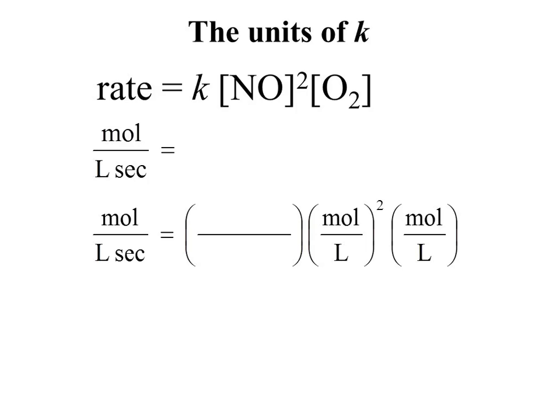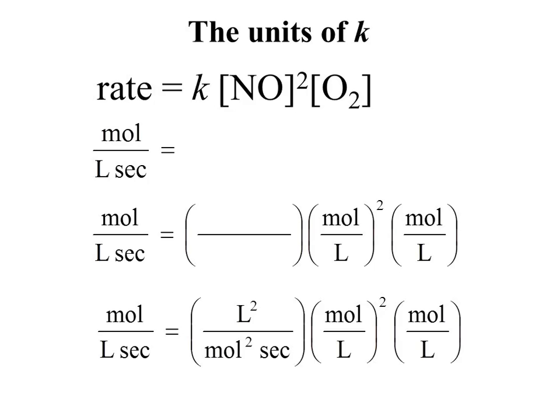So how do we get liters squared per mole squared per time? Well, sort of like this. If we know our rate needs to be moles per liter per time, in this case second, whatever is here, which is going to be K, needs to cancel what is brought to the table by our second order NO and our first order O2. So what makes it right is liters squared per mole squared per second. So if these are the units of our K,